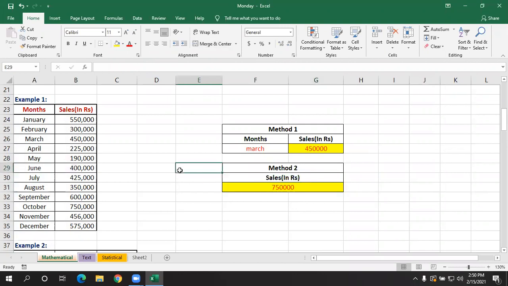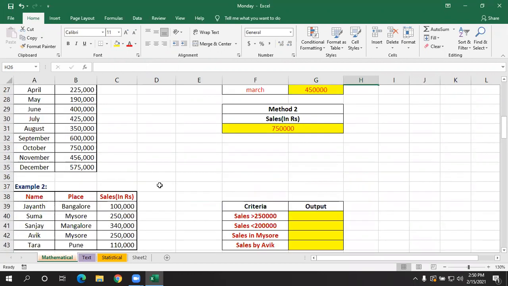If you have more than one condition, okay, I said without condition use SUM. If you have a single condition, then you have to use what? SUMIF. If you have more than one condition, we need to use what? SUMIFS. Okay.